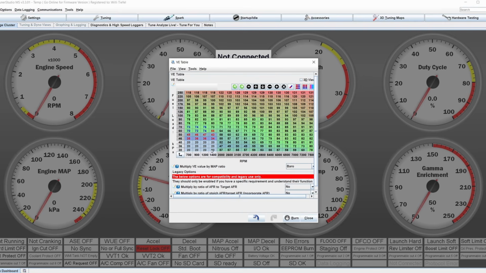Well, first of all, you have your VE table right here, and at idle you should be looking at somewhere between 30 and 40% VE. That would be a good number to look at, and there would be enough room for the enrichment or, for example, for the EGO to correct downwards and upwards, and the idle still be relatively well controllable,